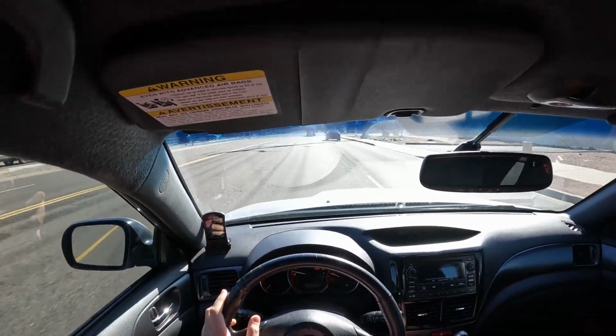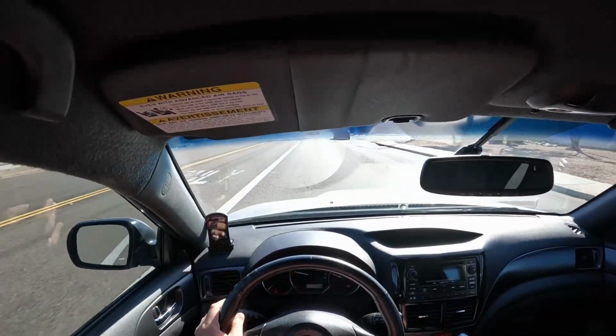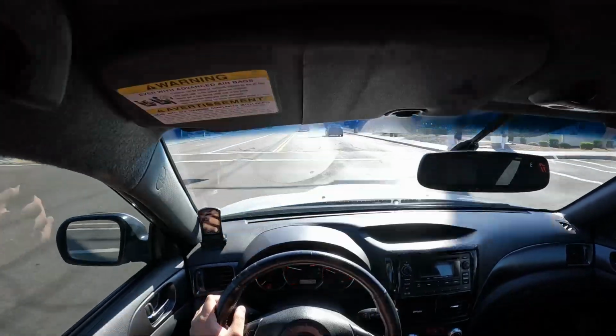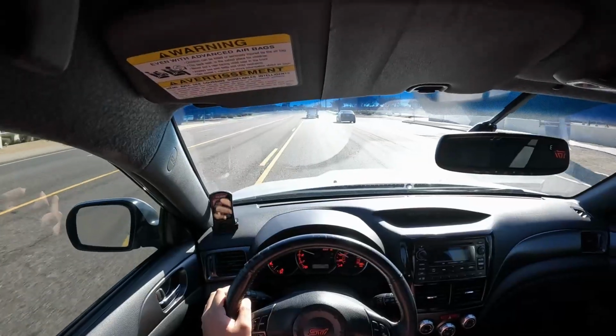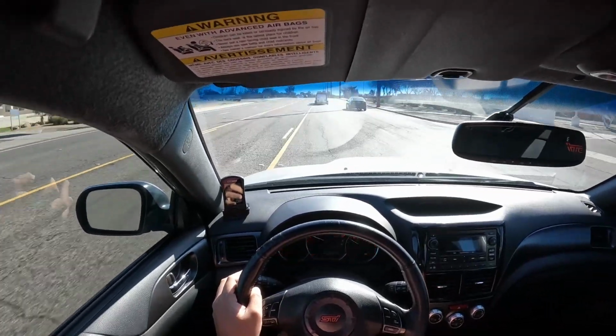64.8. Again, anything above 50, 60%. This thing, I mean, you can feel the difference. You can definitely feel that extra torque. So anyways,